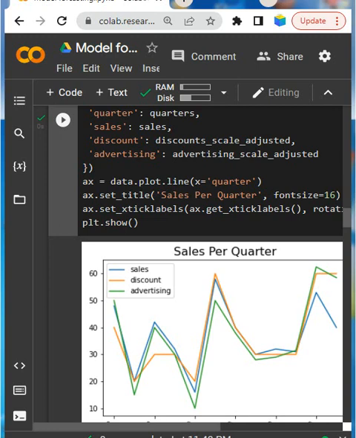So if you have to do a sales forecast for the next month, you could simply ask what the average discount is going to be for the next month, and what the next month's advertising budget is, and you would be able to come up with a reasonable guess of the future sales.